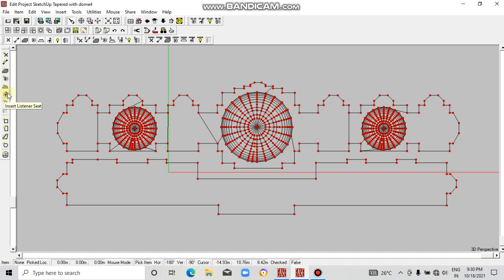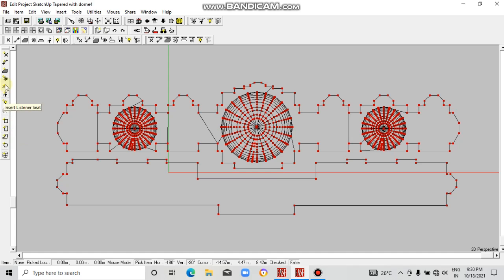These are the seatings, you can place the seatings by clicking this option. These are the lightings, and these are a few basic shapes present over here. These are ready to use shapes, so you can use them directly and simulate.